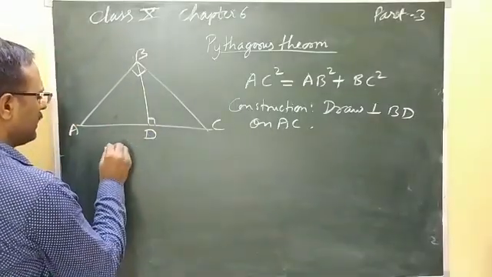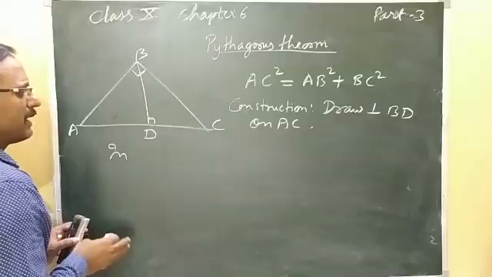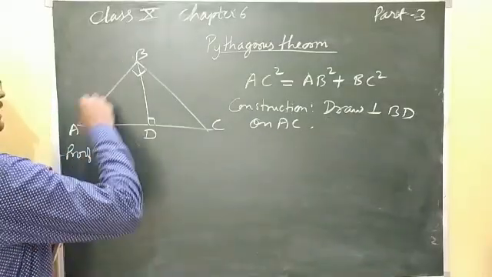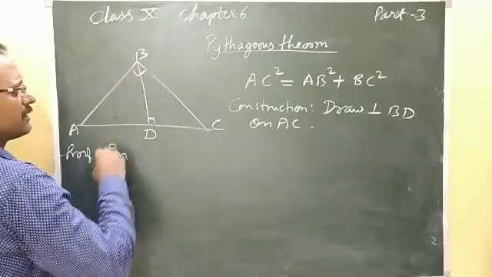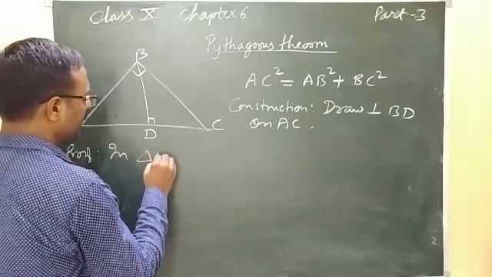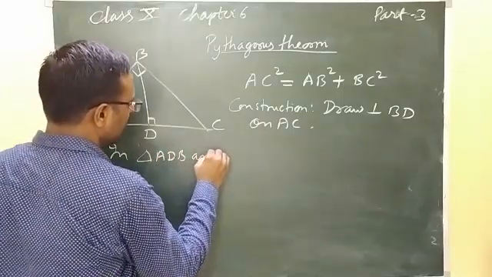You can see in the triangle we are going to prove that. Here we are going to prove first that triangle ADB is similar to triangle ABC, the bigger triangle. So in triangle ADB and triangle ABC,